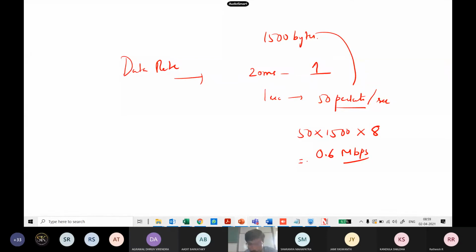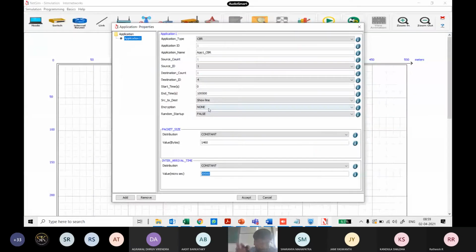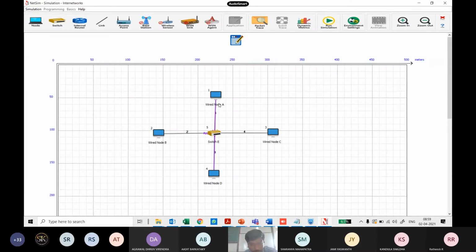So this is per node. This particular application that the node is generating is 0.6 Mbps. I have set the link that is connecting, right? So if I do this, you see a violet color coming in. So this is a virtual link. It's shown just for the display that one is trying to send to 4. So the link connecting from 1 to the switch is 5 Mbps, and the link connecting from the switch to the wired node is again 5 Mbps. So I could carry up to 5 Mbps. I'm generating only 0.6 Mbps, no problem, right? So that's not the case.